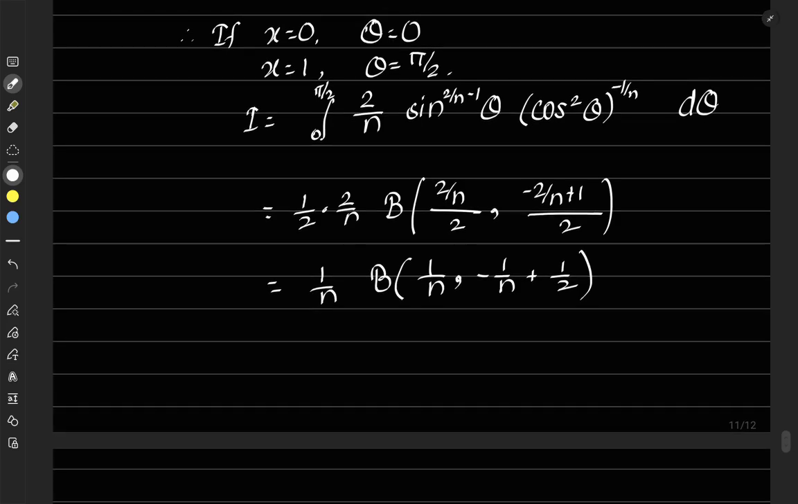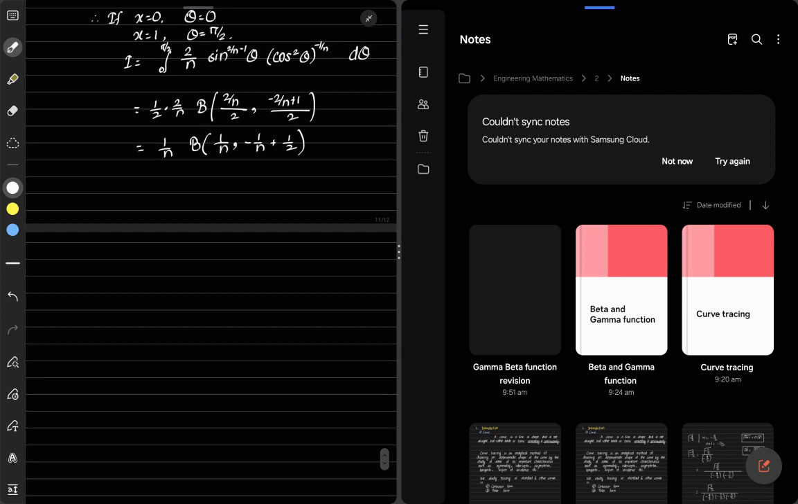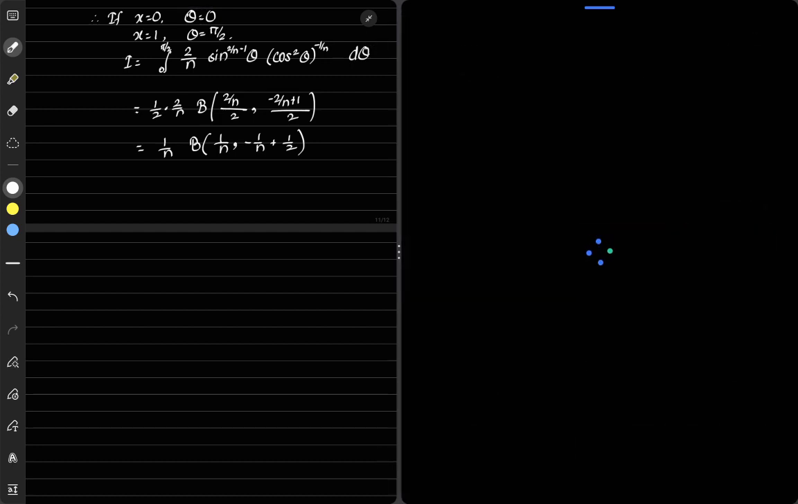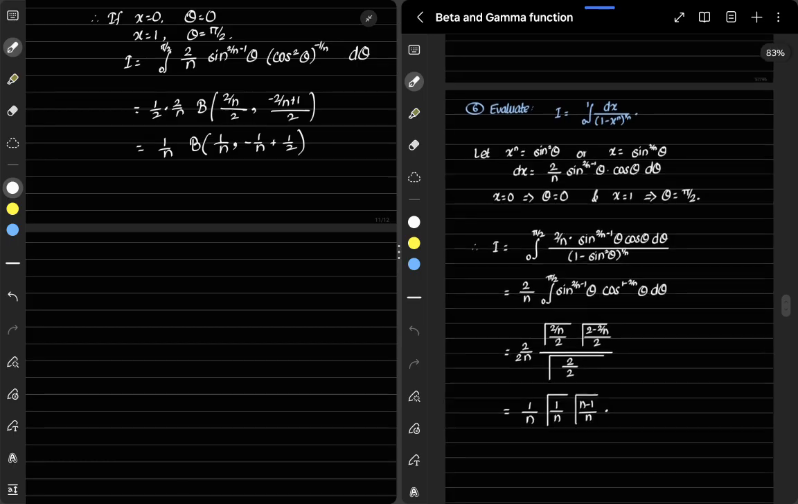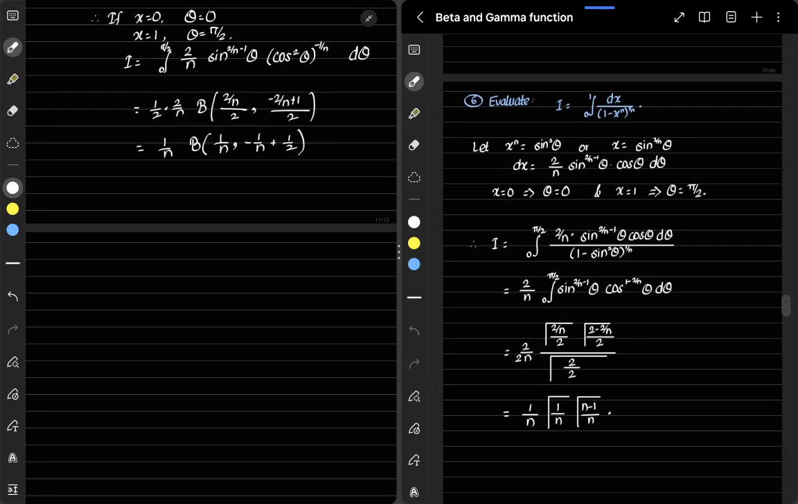I think I might have made a mistake. Let's check this answer once. If I remember correctly, this was some different answer, so let's see. So this one, okay, p plus 1 by 2, so this was our p plus 1 by 2. Okay, since